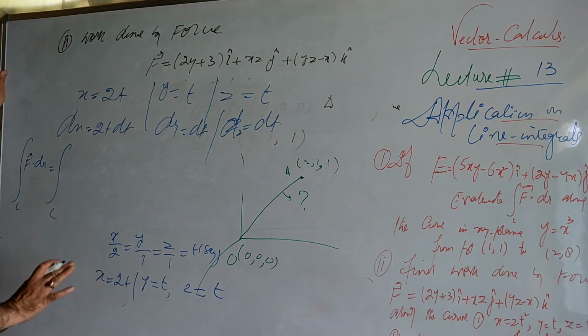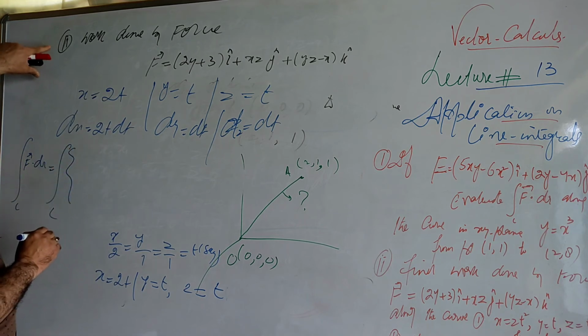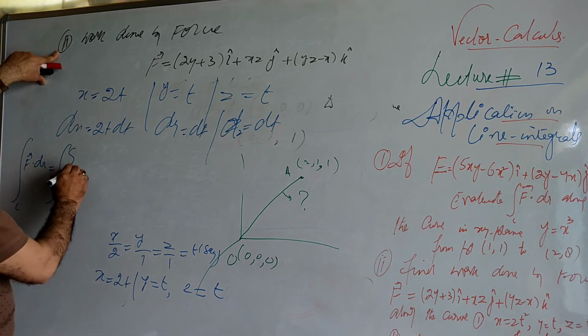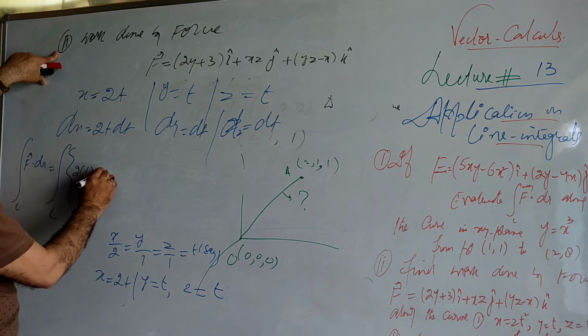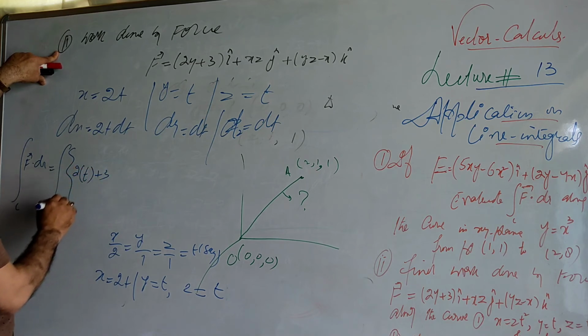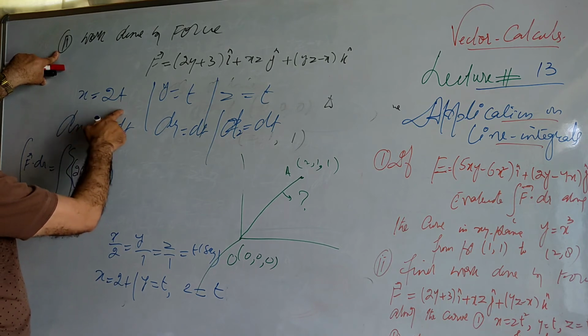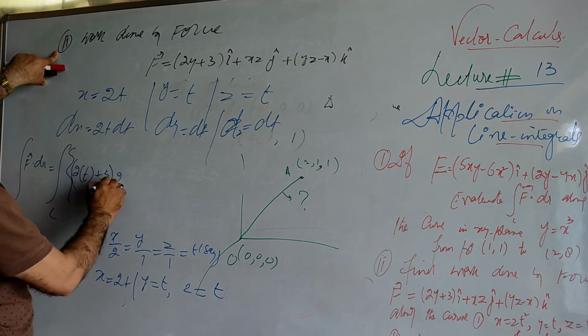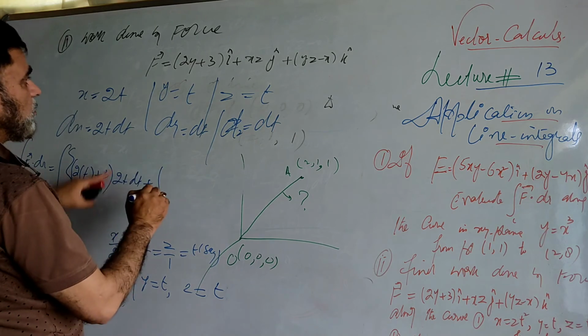You will see how we find out the range. You have to replace this equation of curve in this way. It is F dot, it will be 2. What is the value of y? It is t, then plus 3. For dx here, you have to replace 2t dt, then plus, you have to go to that part.